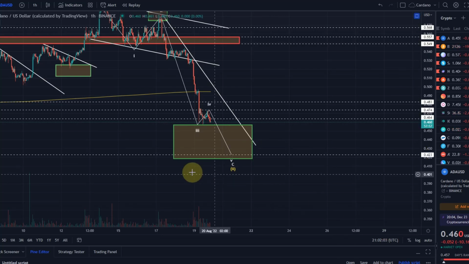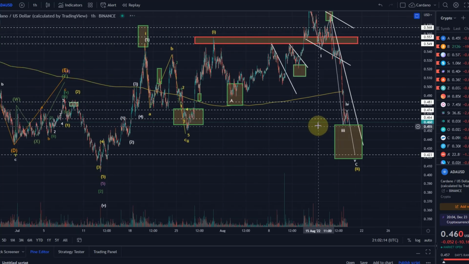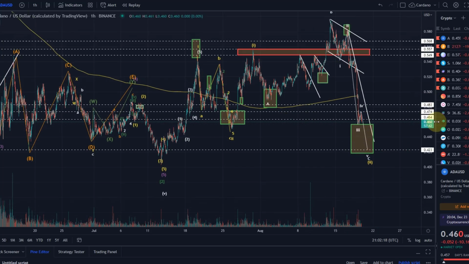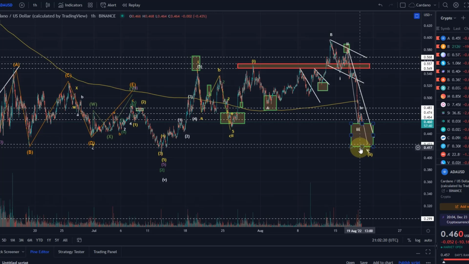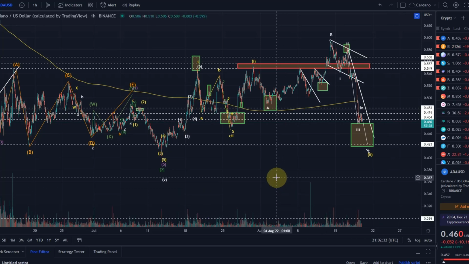At the moment, we have to assume that we can turn around. At least the chart has a chance, the price has a chance to turn around here, and basically to prove that we are still in a bullish scenario. That is the last chance the bulls have, really. If we don't do it, then we will retest the 40.2 cent level, and if we go below this, then we could fall down to 30 cents. That would then be the 88.7% Fib level that we might eventually then get to.